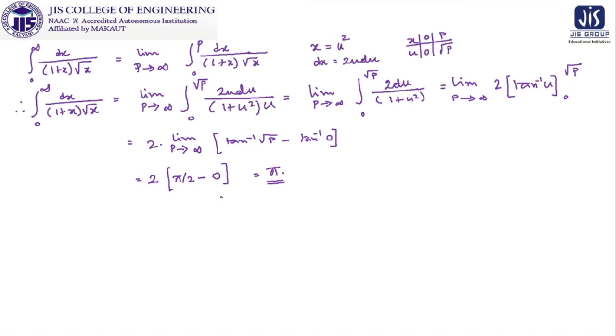Look at this, when we are checking different types of problems, that is why you have to solve it and reach the last step. But any one of these problems falls into the category of those standard types like dx by x to the power n, dx by (a minus x) whole to the power n, dx by (x minus b) whole to the power n, in these forms. Then we can also compare the given problems with those formulas, so that we can conclude about the convergence of the problem before solving it. But ultimately, if it is convergent, we have to find out the value, and for that we have to evaluate the integration.